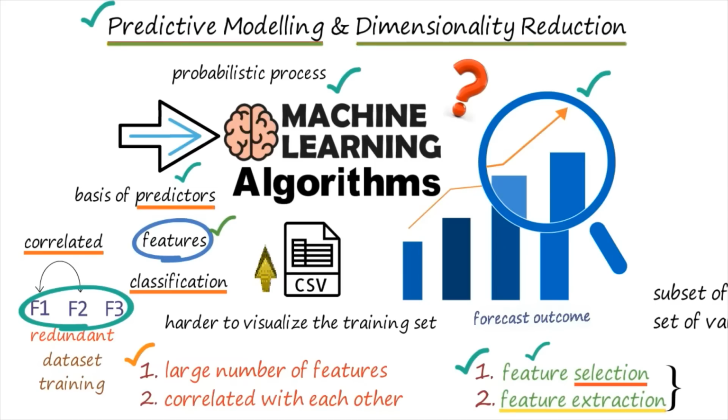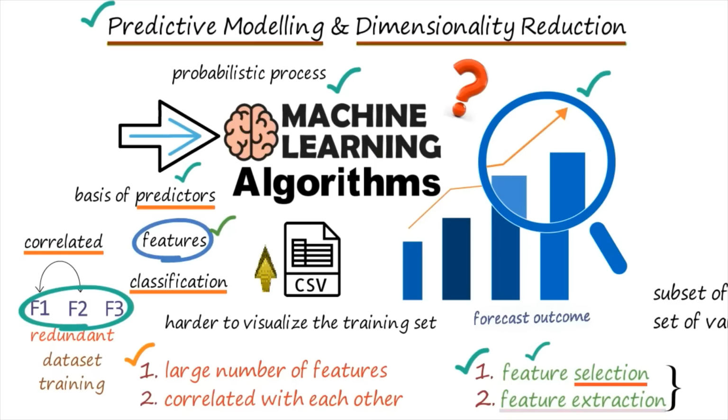But why is dimensionality reduction related to predictive modeling? Because predictive modeling always operates on features. And here the problem is, if the number of features is large, then they are very difficult to visualize and it will create problems in the model training process. Also, if we have many features which are overlapping in nature, it means we have redundant features. Considering all those features will definitely hamper the accuracy of the predictive model outcome.